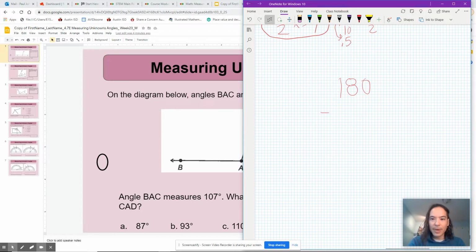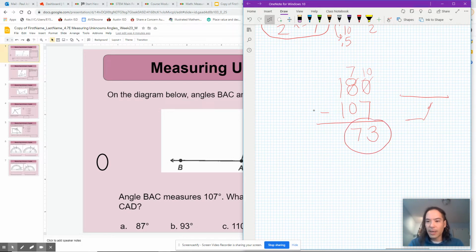180 minus 107. So this is the full degrees, right? And then we are subtracting the obtuse angle part. All right, so got to borrow here. I'm going to turn that into a 7, turn this into a 10. 10 minus 7 is 3. 7 minus 0 is 7. 1 minus 1 is nothing. So it looks like this part